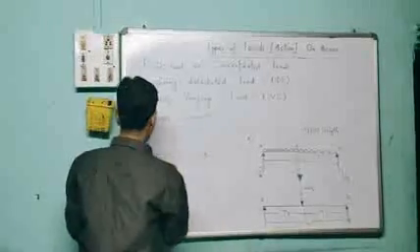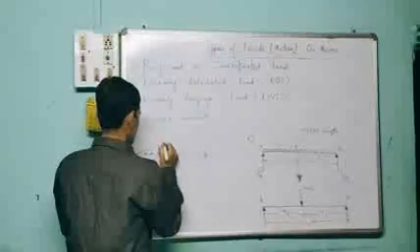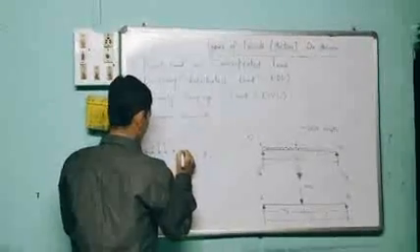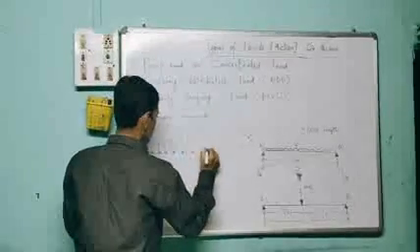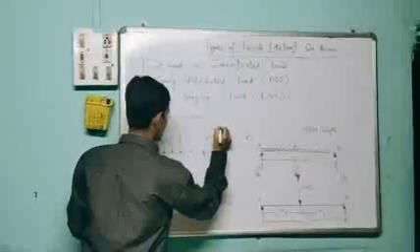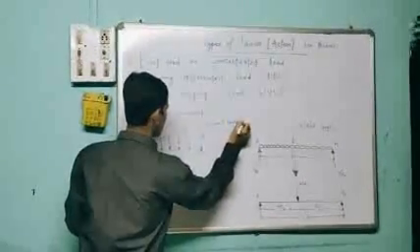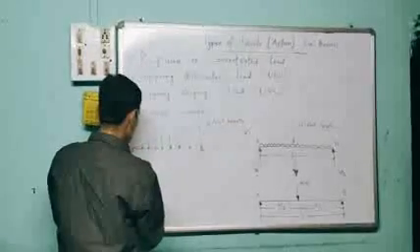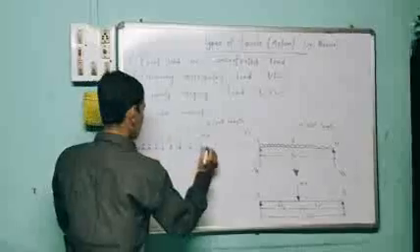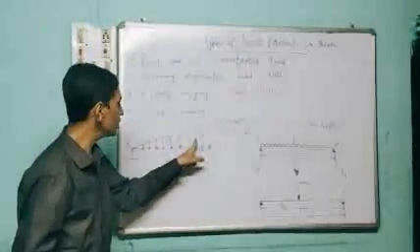Carrying a triangular load, where the intensity of this triangular load varies from minimum to maximum. Here also the intensity is measured in W per unit length, or load per unit length. Assume that the total length of this UVL is L. A and B are the two supporting points for the beam applied with uniformly varying load.